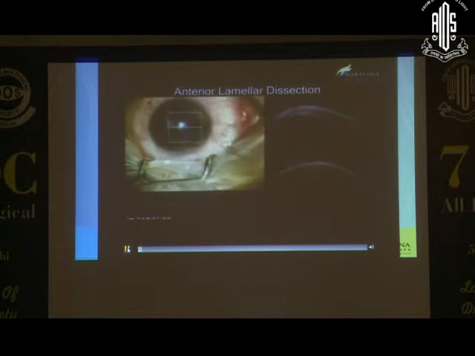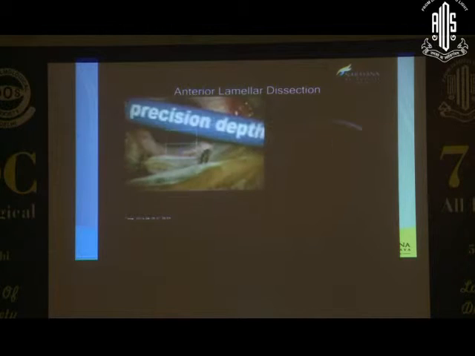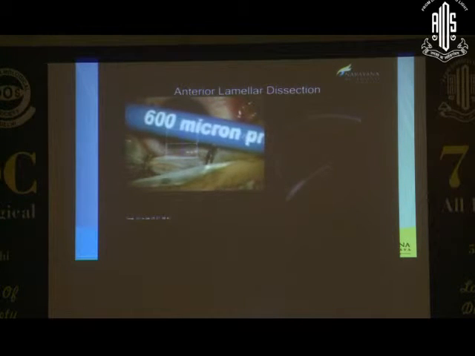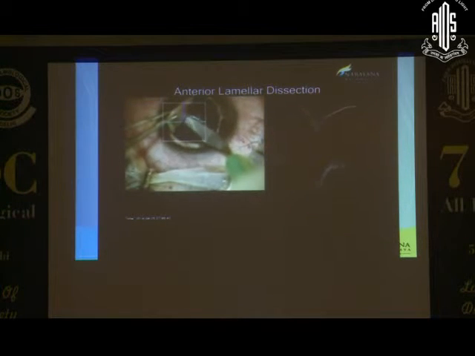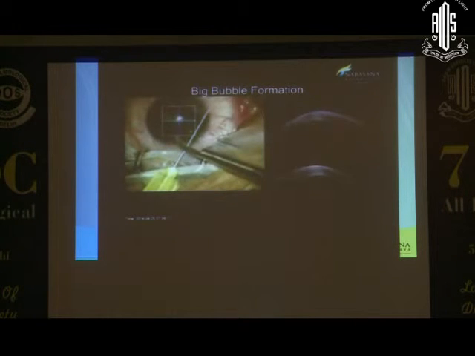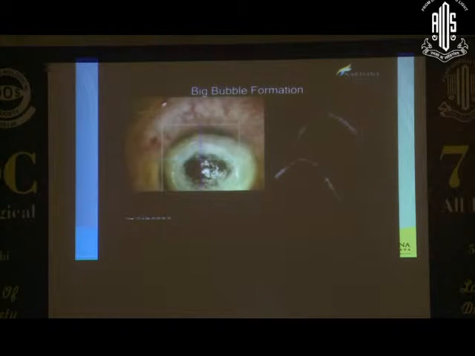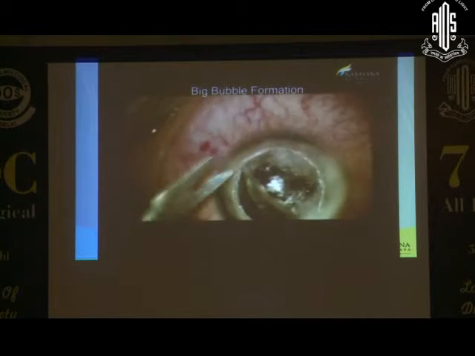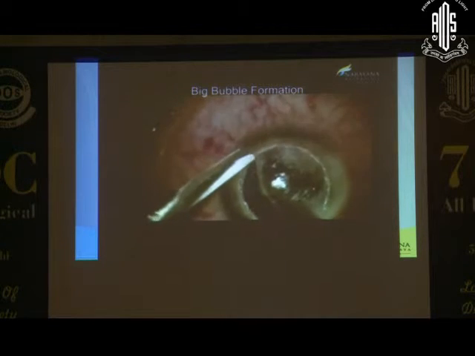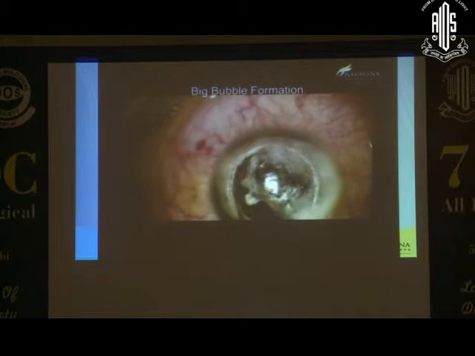Alright, we just take about 8 millimeters marking, anterolamellar dissection using the 600 microns precision knife. I'm just removing carefully the anterior lamella. I do only a guarded big bubble, not a full big bubble, because I know there's a scar there which can lead to perforation. So you saw only a limited big bubble, and I'm removing the posterior-most stromal fibers